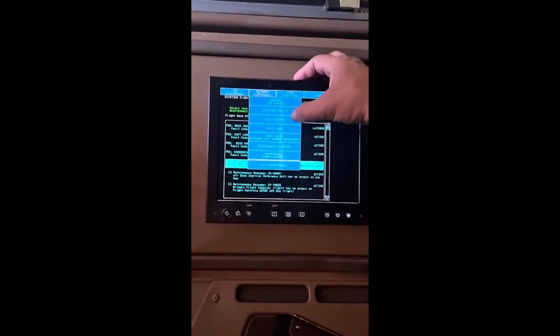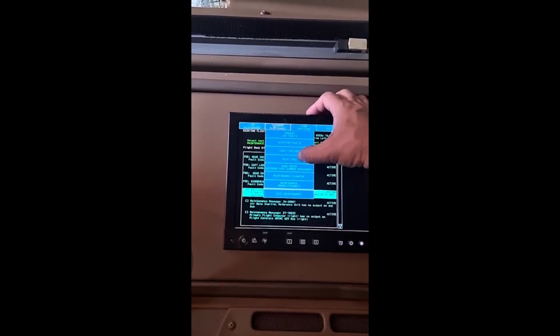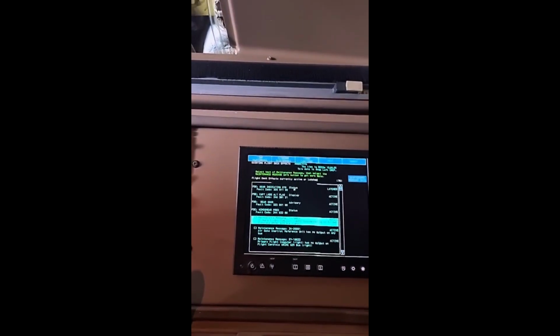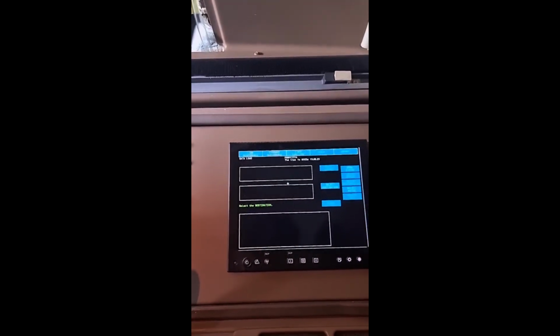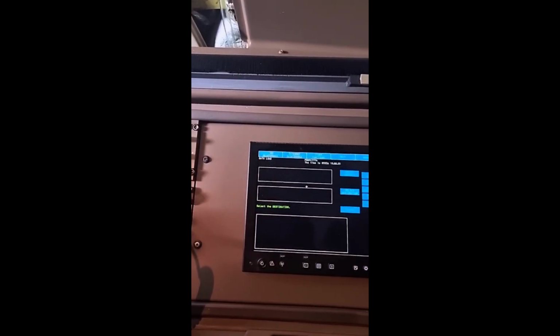Now what is important is the data load. So data load, when you select here, you can select how to do the data load. Suppose you want to change a component, you want to do the data loading. First we have to select the destination. Destination means you have to select where you want to put the part.